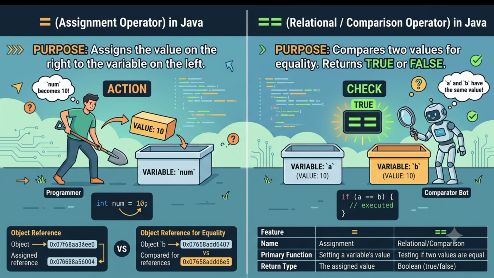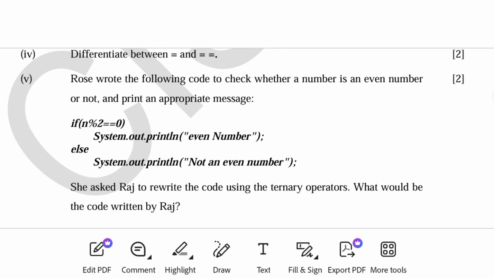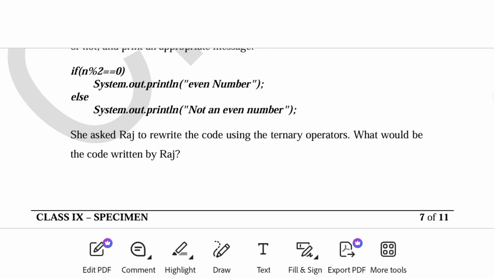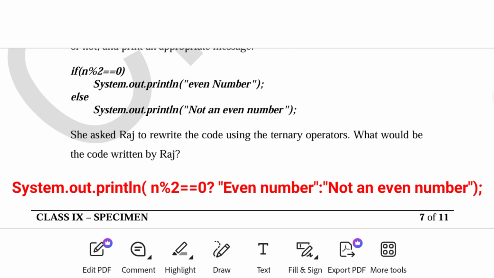Okay, let's talk about question number 5. Rose wrote the following code to check whether a number is even or odd. She has written the code with an appropriate message. What we have to do is rewrite this code using the ternary operator. Quite simple it is. We have to just write one statement using System.out.println, and inside the System.out.println we will put